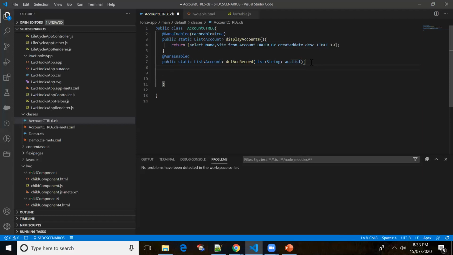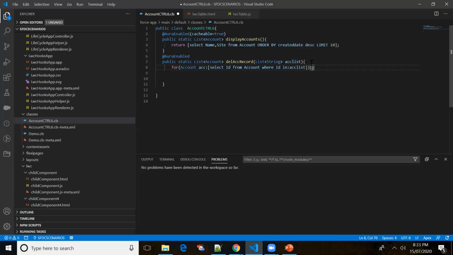I'm writing a for loop: for Account acc, SELECT Id FROM Account WHERE Id IN accList.